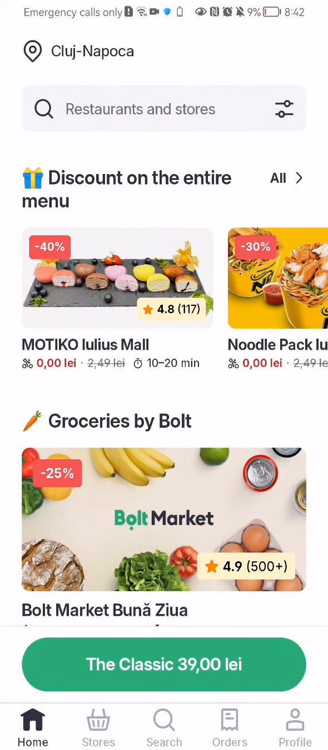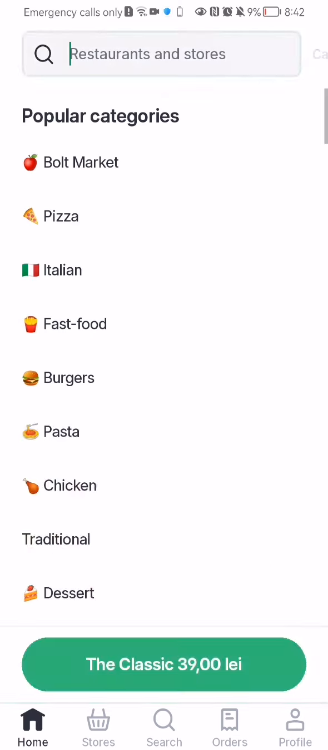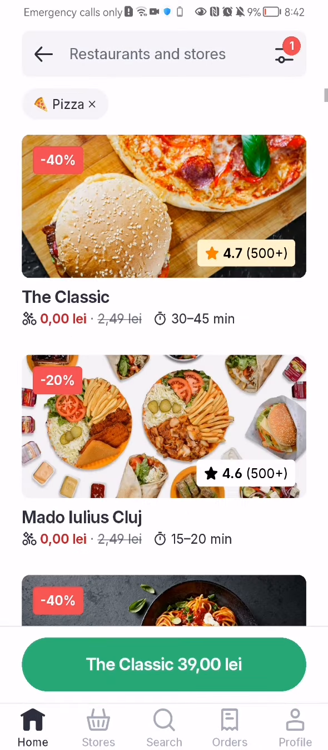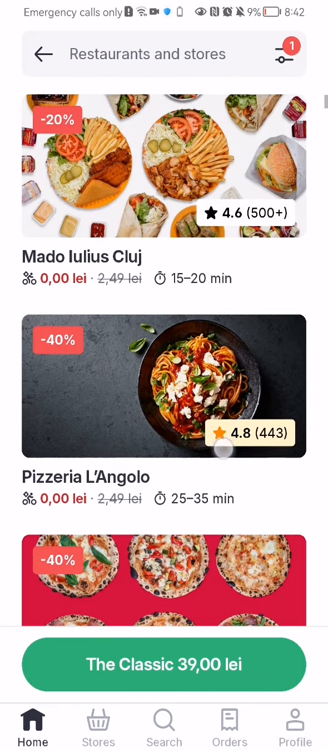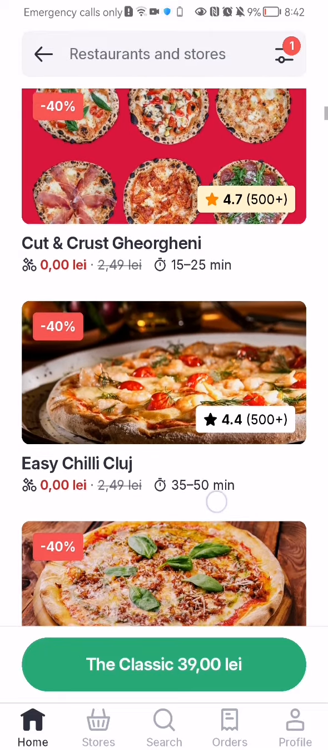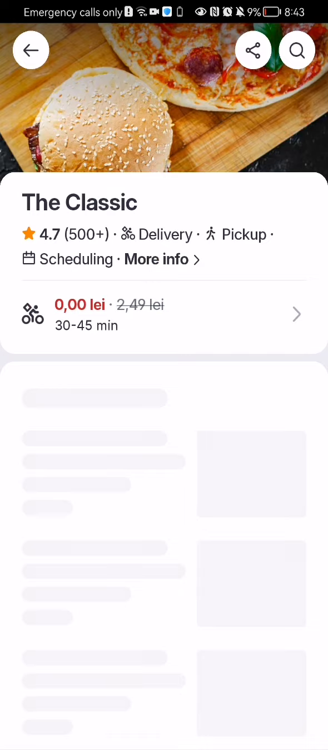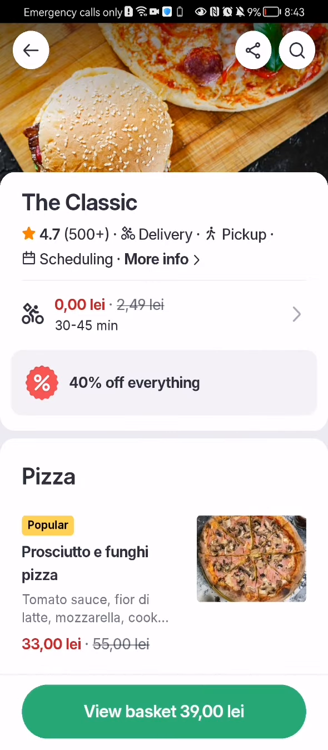Once you're done with that and you're in the home page, you can just look up there on your screen and you will find a search bar. You can just press on it and write in something that you would like to buy, for example a pizza. And you will be able to find all these stores that sell pizza in the city that you are in, and you can just press on one of them and see basically the offers